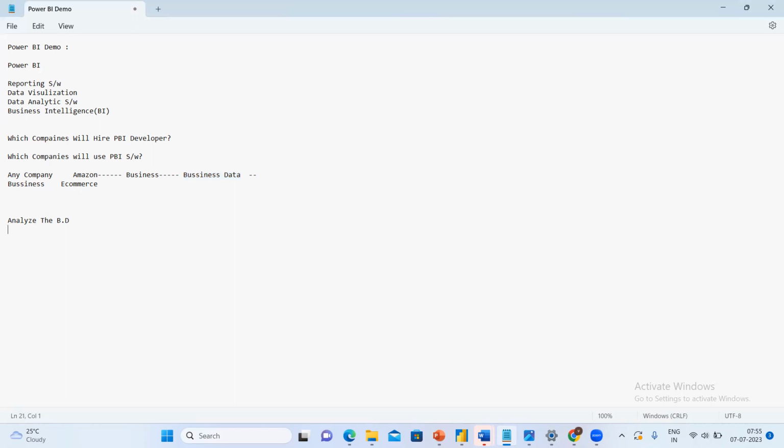For example, I want to know which region's sales are high. Which regions means I want to know the top five regions on the basis of sales. Top five regions, whichever are doing best, on the basis of sales.